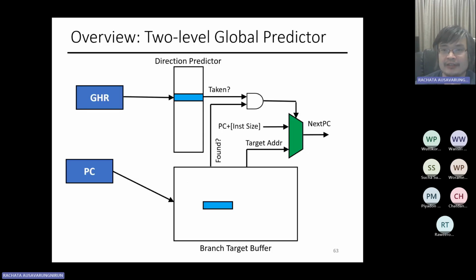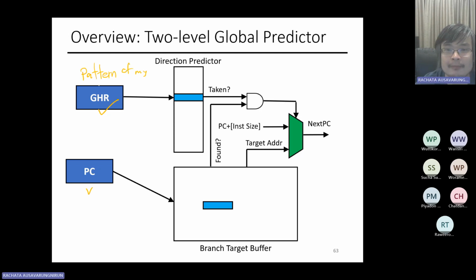All right, and here's an overview of the design. So I have the program counter. This is the same thing that you saw earlier. I have a GHR, the Global History Register. The Global History Register would index into the direction predictor. I don't use the program counter anymore. I use the GHR, which is the pattern